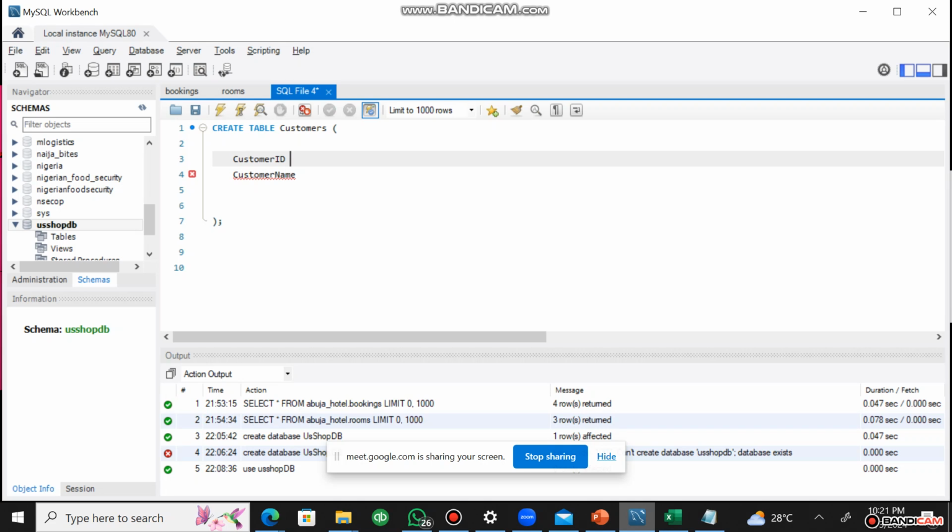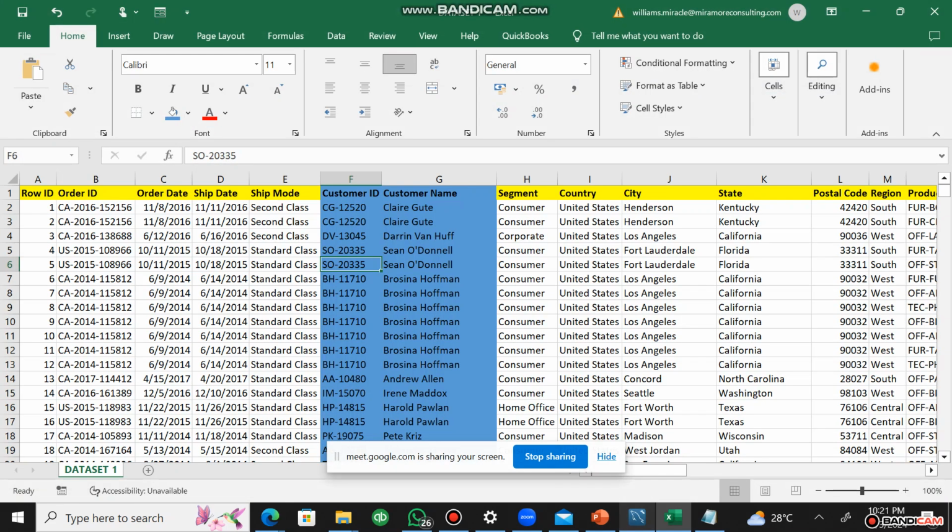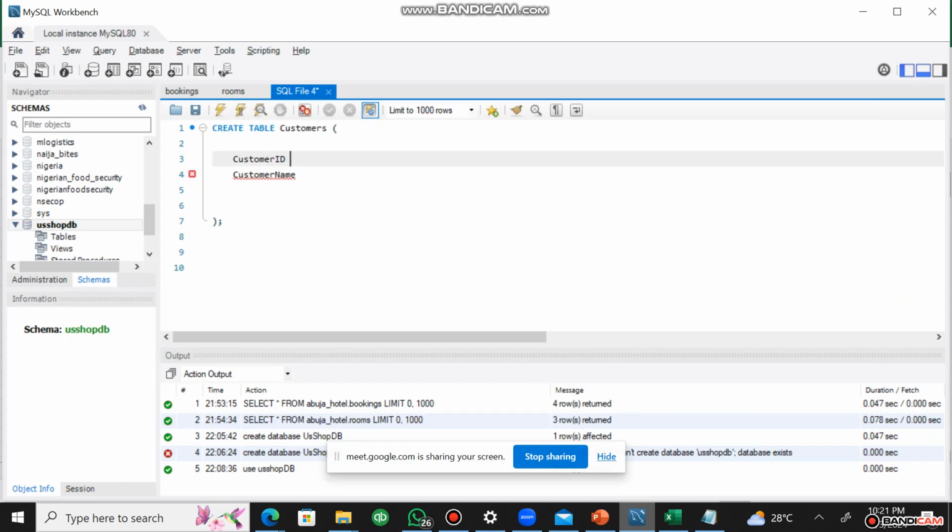Now, customer ID. How do we declare? At the front of it, put the data type for text. ID normally is number, but if we go with what we have here, the IDs start with text, so it can work. So we use text. I hope we get it. For text data, we call it varchar. So the requirement is you will now come here and say varchar,